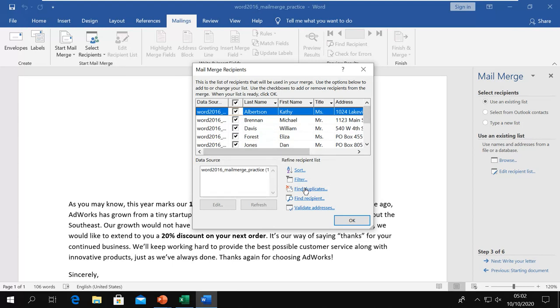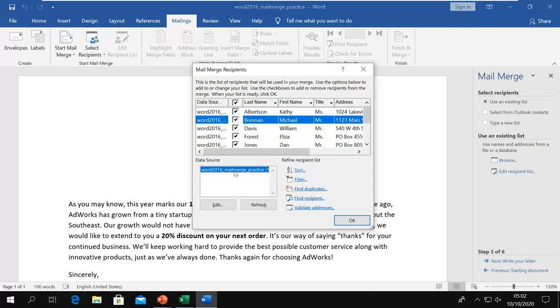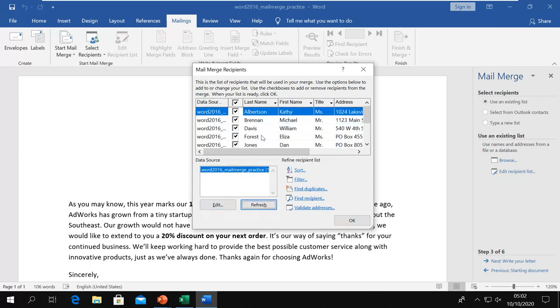You can eliminate duplicates if there are any, and find some specific recipient. Once you find someone, you can tick or untick whether you want to use these names and addresses in mail merge or not. This is the file we have chosen. We can refresh it, the contacts, we can edit it also, and we can even validate the addresses.